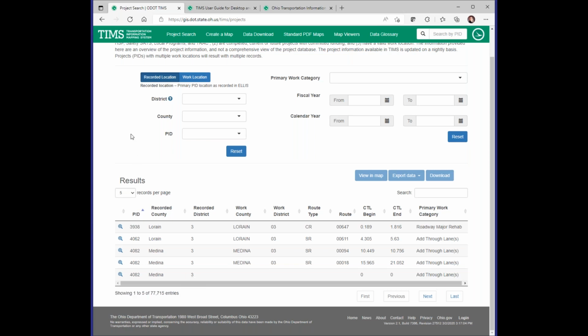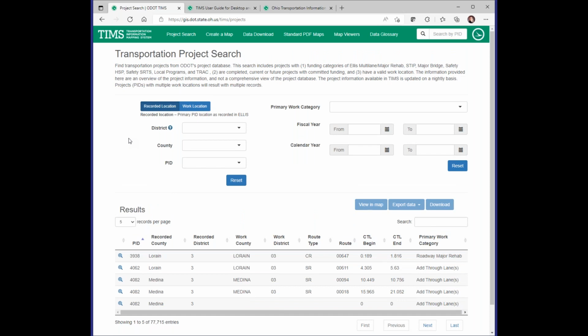Then we have some tools at the top of the screen to narrow down projects. You can view all the projects in a county. And of course, this database will include projects probably all the way back to 2001 when they implemented the Ellis